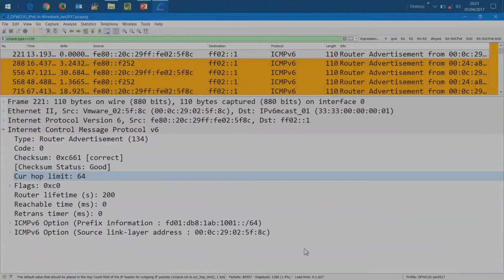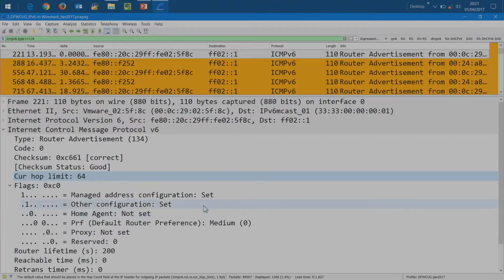I see flags, woohoo! But all the flags aren't there, only some of the flags. The first flags at this level, the ones that I care about at the moment, are the M flag and the O flag. They're both set. So this tells me what? Use the router advertisement's prefix that it gives to the client, or do a DHCP request. What's the M flag?